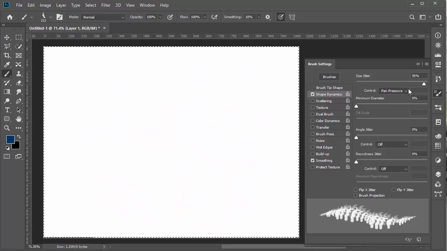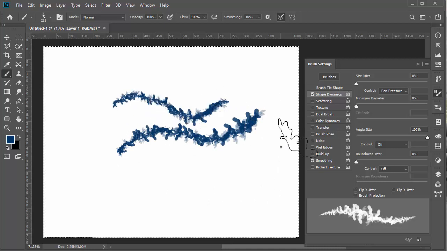Now you can, well, let me take that off. You can also have minimum diameter. So it goes from like a point to 100% to a point. If you change the minimum, you can say, well, okay, I want pen pressure control, but I never want it to go below like 56% here. So it kind of limits the range of the size. So for size, there's pen pressure control, and then there's also randomness. Size, angle, roundness. So for angle, you can randomize that so that as you draw, the angle of the brush